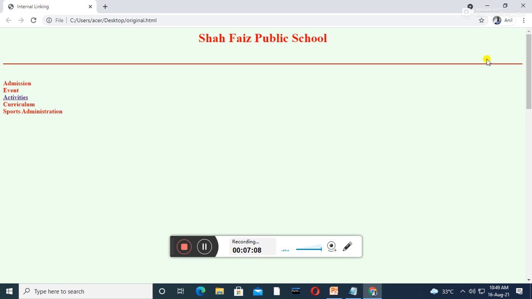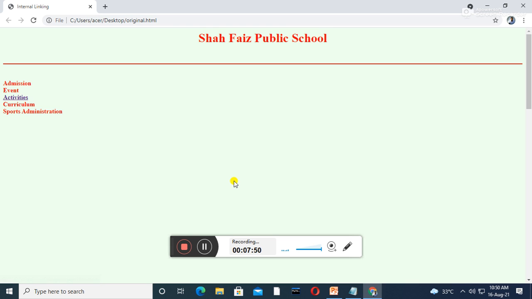When you run your file, your output appears like this. Look, here the points are given: admission, event, activities, curriculum, sports, administration, etc. All appear in red color, but activities appears in blue color. Do you know why? Because it is a hyperlink. That's why it appears in a different color. Any hyperlink will not take your body text color.